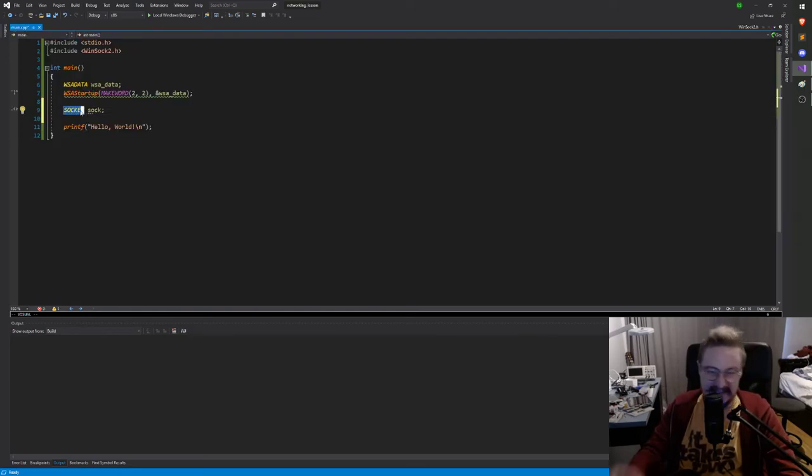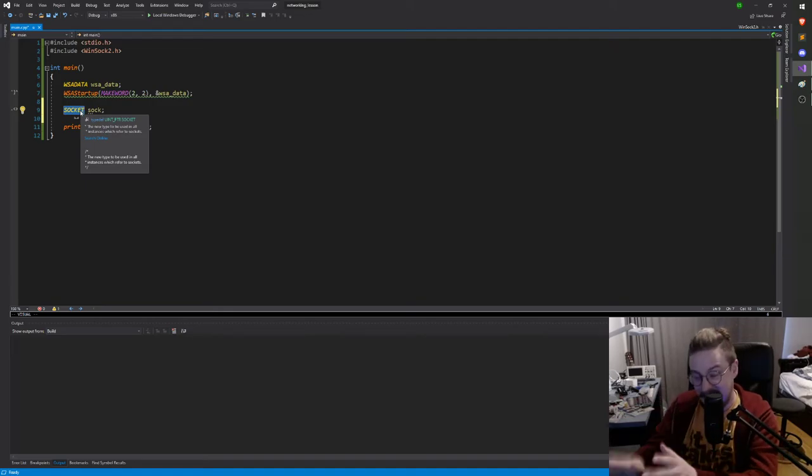Since sockets are actually sort of a kernel object, living down deep below the bowels of Windows, we don't get access to the actual socket itself. We just get a handle to the socket. If you ever worked with something like OpenGL, it shouldn't be all that confusing. We just get sort of a reference in the form of an integer to the socket.